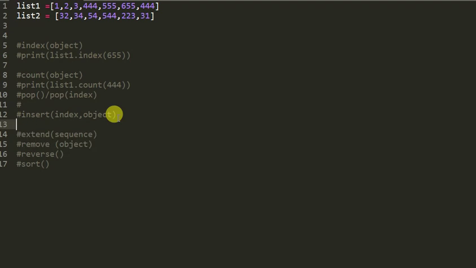Print insert list 1 dot insert, and we will give an index number. For example, we want to add here, sorry, in list 1, at the index of 1 we want to add the value 200. Okay, and save it, and after that print the list,